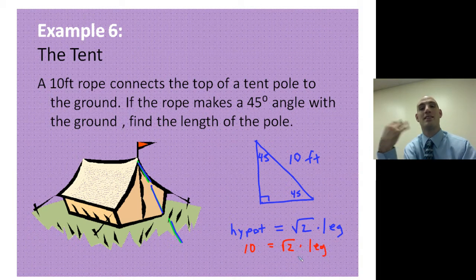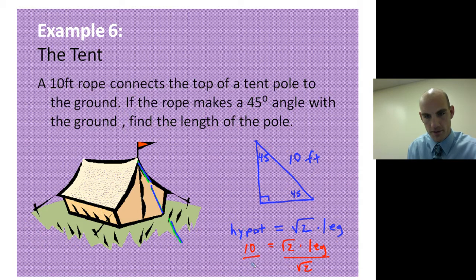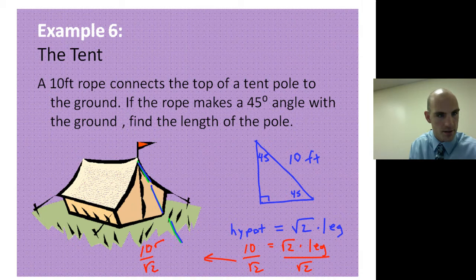And if I want to find the leg height, which is the height of the pole, I can say, well, I'll just divide by the square root of 2. And previous math teachers would have a problem with this, but for this class, it's okay to leave it like that. So we could say 10 over the square root of 2. Let me erase this so that there's no confusion. 10 over the square root of 2